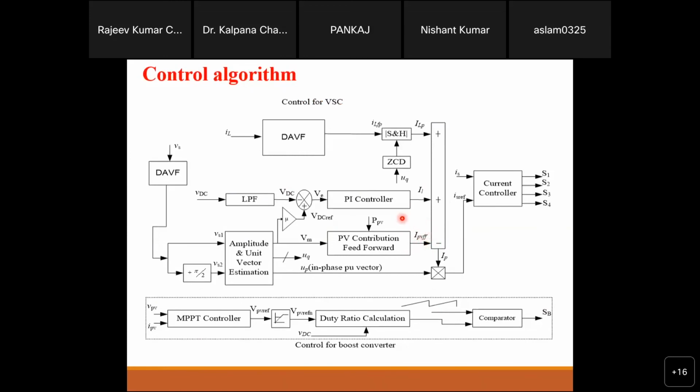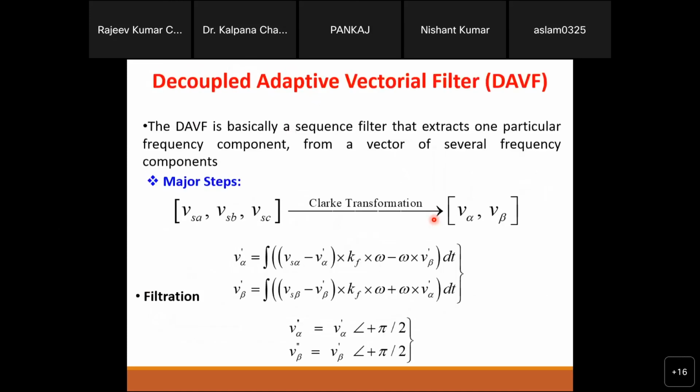Whatever the generated power is, just divide it by VM, the grid voltage magnitude, and put a minus here. Like that you can use it for that also. Through this controller, just add those source components and you can modify it for different combinations of sources. Okay, so that's it. If you have any questions, I am happy to answer. Thank you.